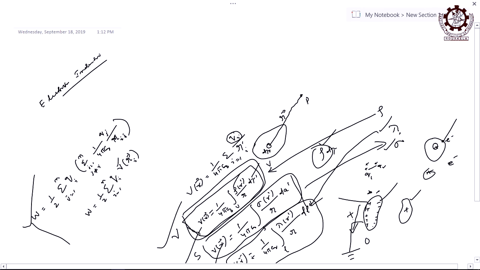So, when it is connected on the positive side, automatically the positive charge will flow to the earth. When it is flowing to the earth, it will leave only negative charge; all the positive charge is flowing to earth. Now you take that body away, then what will happen? This charge will be uniformly distributed over the body.